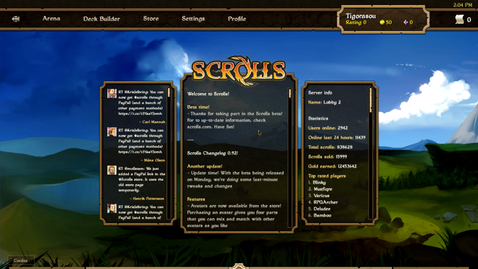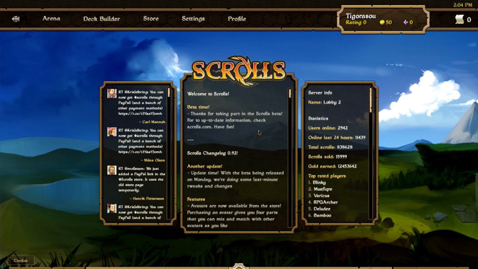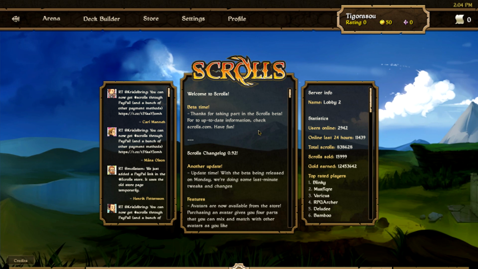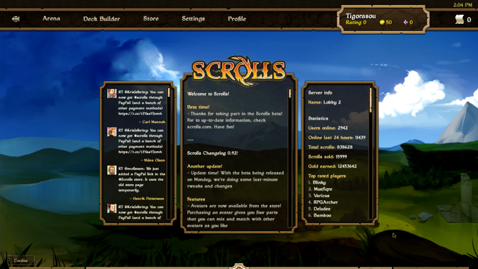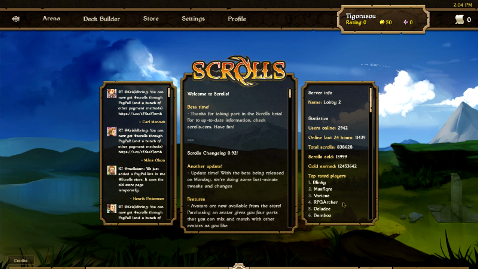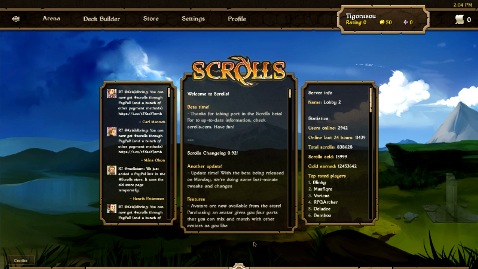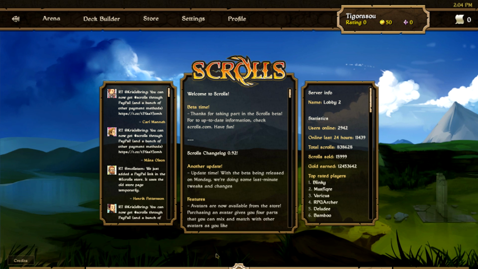all sorts of stuff. So basically what I'm going to do is give you guys a little overview of Scrolls and what all these things on the screen mean. And for those of you who are playing, you can get an idea about what's going on if you haven't played yet. But if you are watching this video and you do want to join us, down here